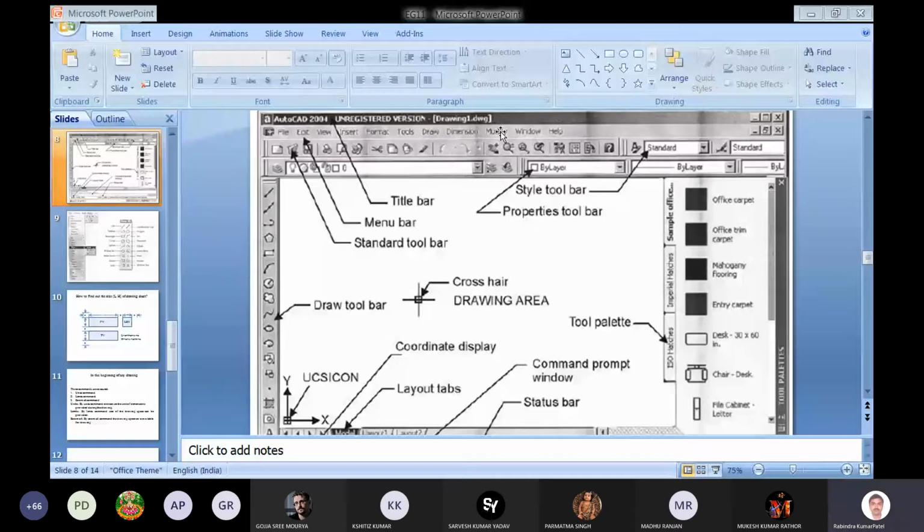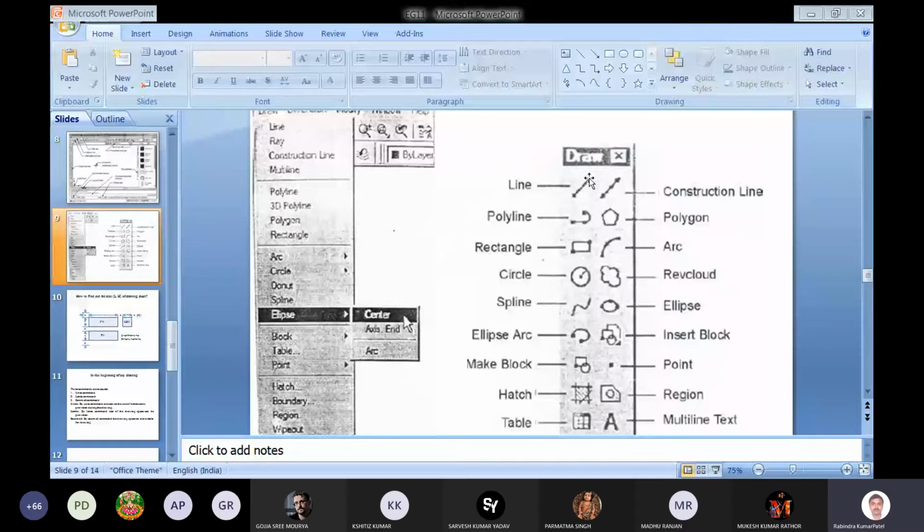Here you can see the same thing has been shown. In the case of the Draw toolbar, we have various icons: line, polyline, rectangle, circle, spline, like that. There is the Hatch command, the hatch icon. We can use the hatching to show the hatching pattern on an enclosed area, and the construction line, polygon, arc. There are various commands, and whichever we want, we can execute.